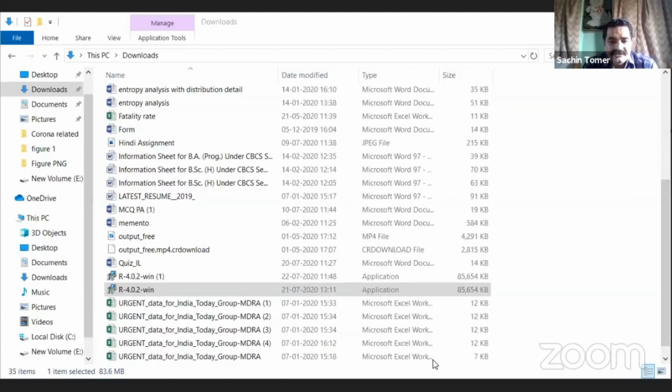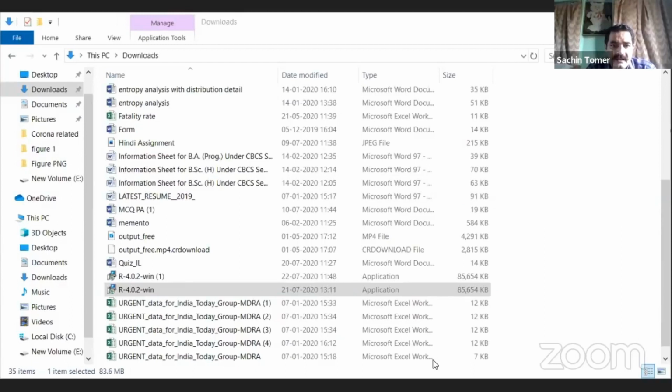In the installation process, there is nothing, we just have to go with the default settings and click on next. But remember one thing, we have to click the checkbox of create shortcut on your desktop. Then again next, next.